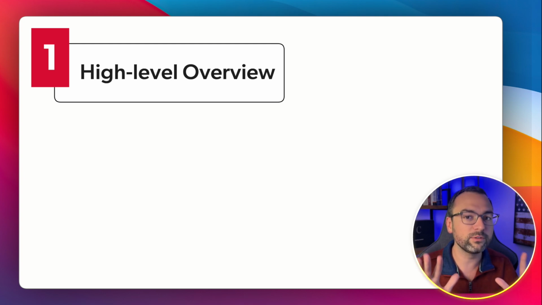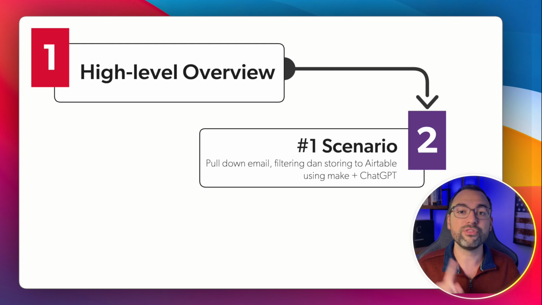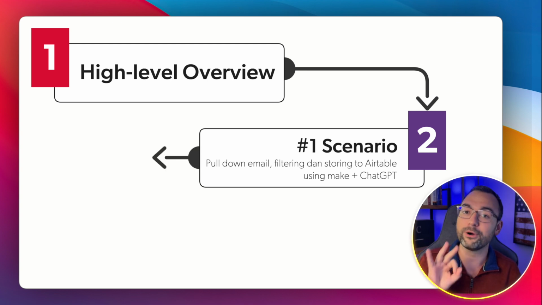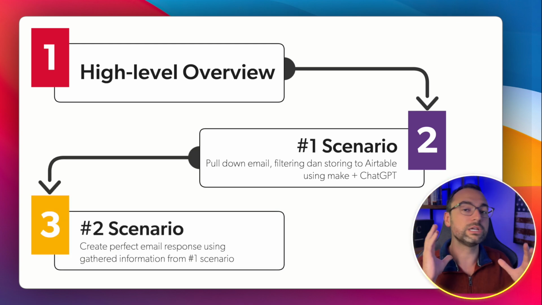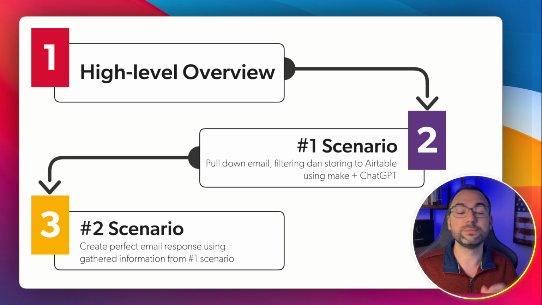And to make this video super easy to watch, I've broken it up into 3 parts. First, I'm going to show you a high-level overview of the solution and actually show you it running so you can see exactly what we're going to be building together. Then we're going to get our hands dirty and dive into the first scenario in Make, where you're going to learn how we can use Make plus ChatGPT to pull down emails, filter them, and then eventually store them over into Airtable. And then in part 3, we're going to be actually using all that information we've been gathering to build a second scenario where we're going to go off and craft the perfect email response. So enough of that, let's go ahead and dive into the first part where you can see the solution in